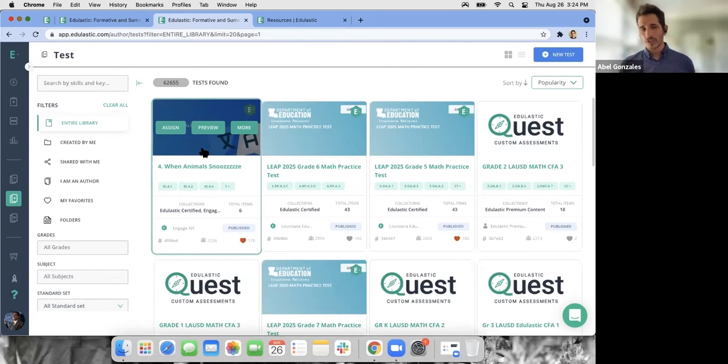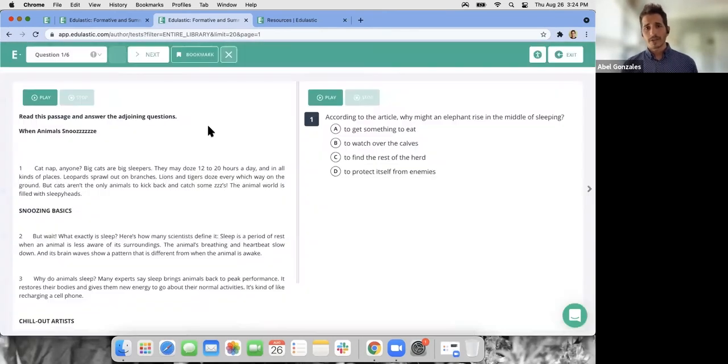because you might be looking at this and thinking, okay, what is this? First and foremost, if you ever want the option to look at this from the student's perspective, simply hover over the test card, select preview, and I'm now seeing this assessment just as the student would. Not entirely sure if you're going to be able to hear this, but this assessment also has text to speech. And if I select play,